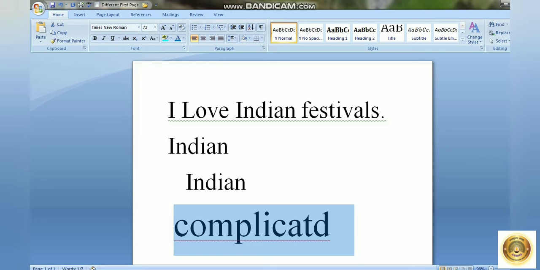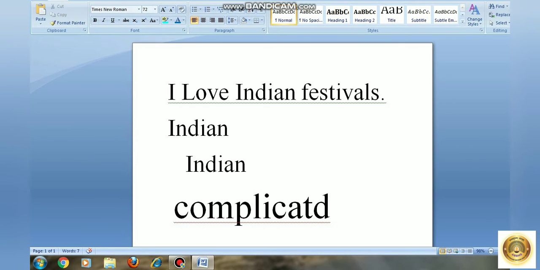Okay, first of all I will change the font size. See here and then see the difference. If I remove E word, then this red wavy line comes because this is a spelling mistake. That's why that red line you can see.